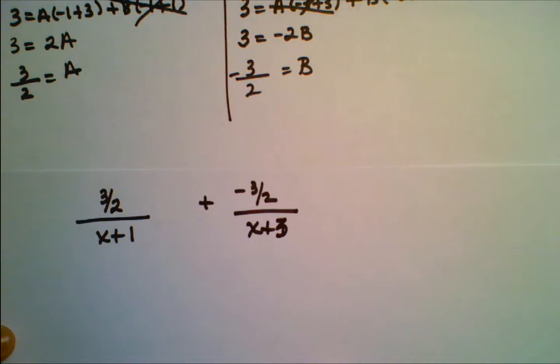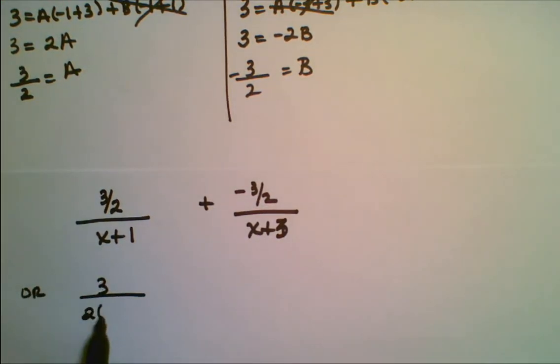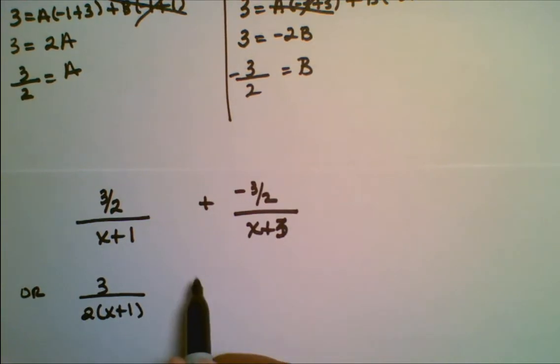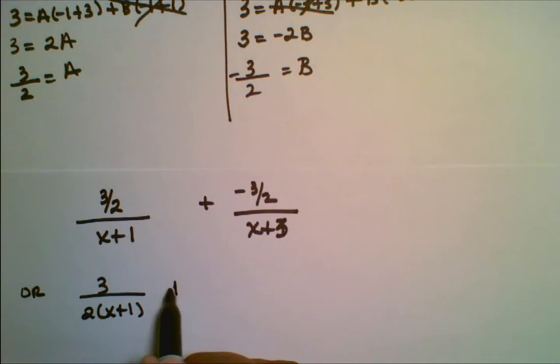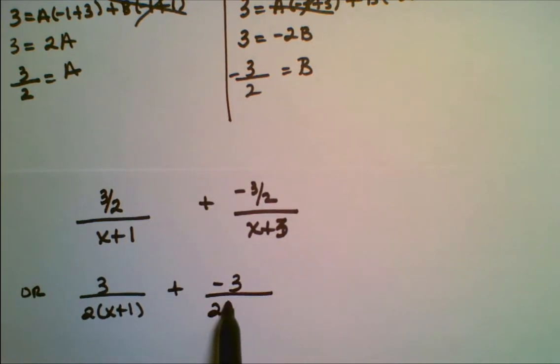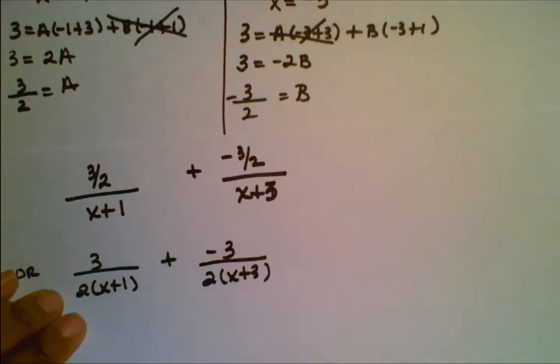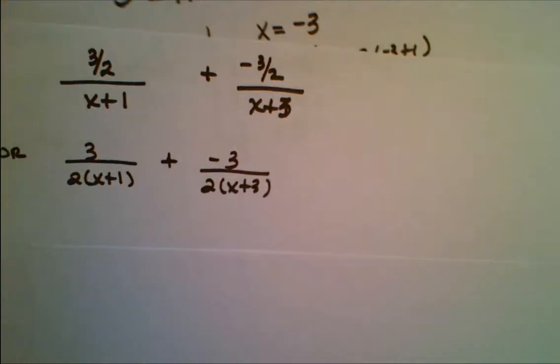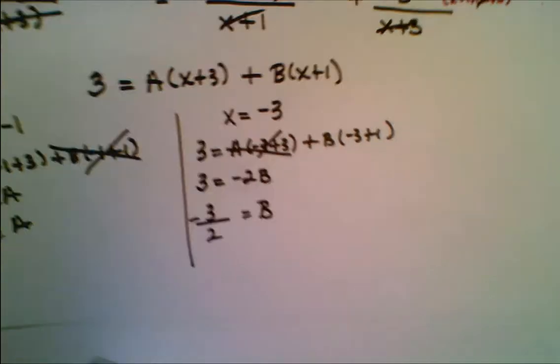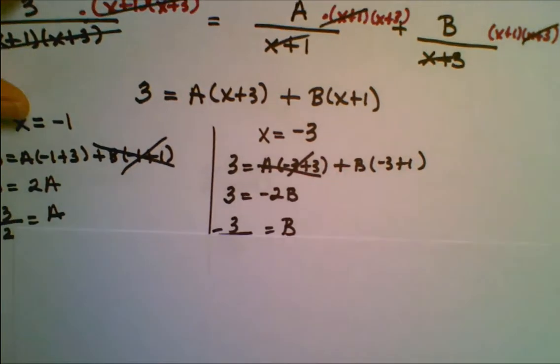It's a 3. Or we can write it as 3 over 2 times (x plus 1), plus -3 over 2 times (x plus 3). We can write it as such. Now, so that's using our zeros, the roots. Now, if we set this up as a system of equations,